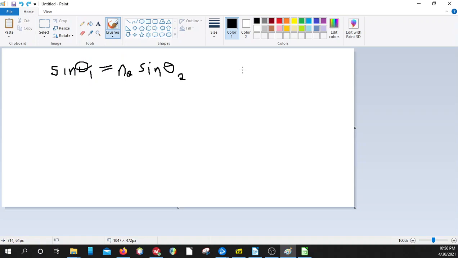It was this. So we had theta 1 and theta 2. So we have all this data, and we want to use all of our data to get the index of refraction. So again, we want to plot this, but you can see from Snell's law that this is definitely not